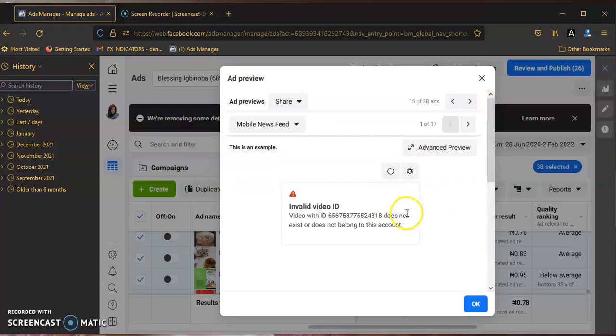Because of having been removed as admin, some of these things will not show. But if Mr. Kayode goes through it, I thought I wanted to make him admin of this ad account, if he still insists, so that he can also show the ones that are not showing, but most of them are showing.